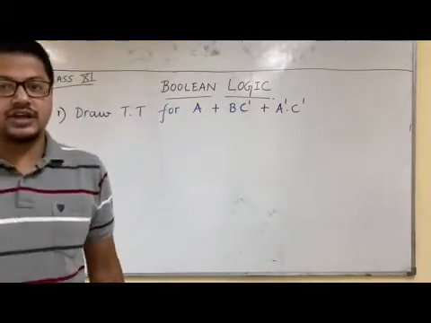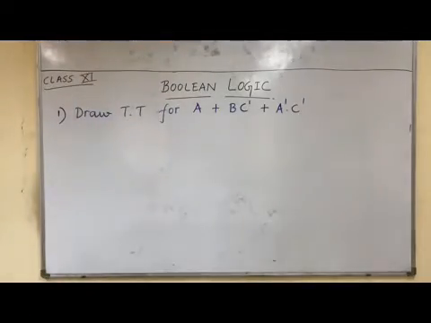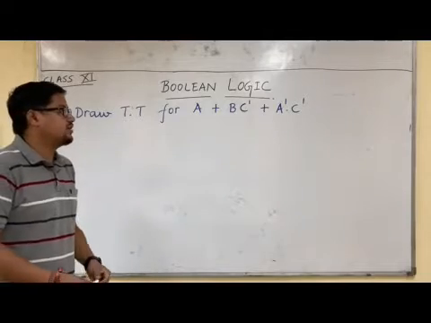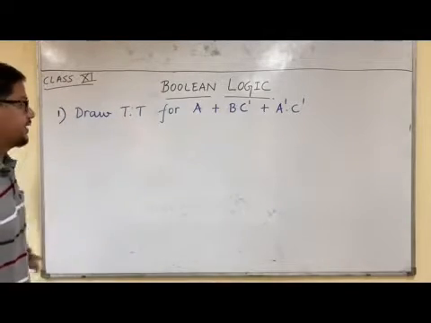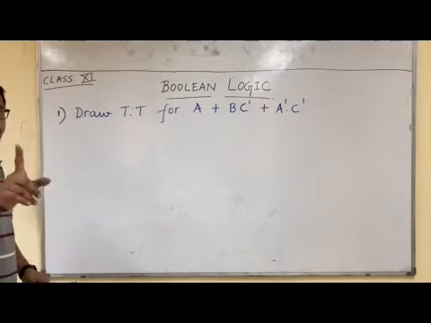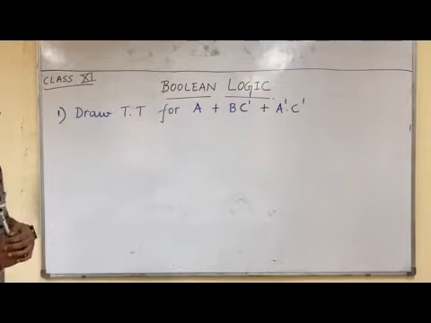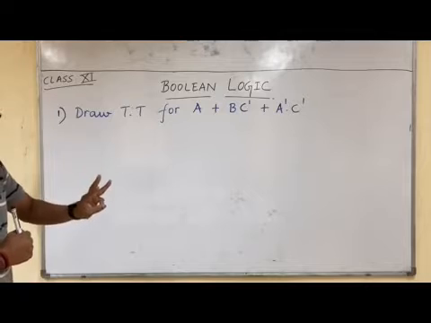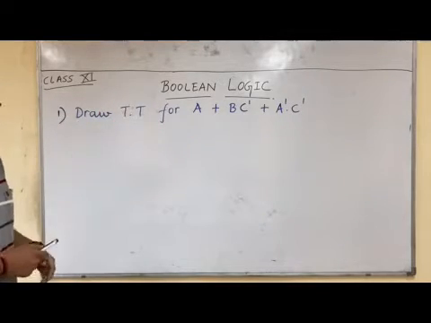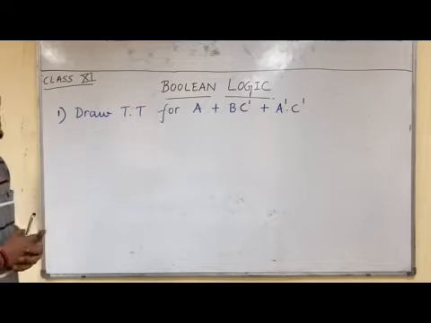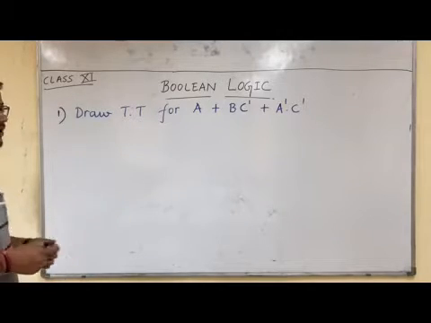You have to pay attention carefully because, mark my words students, truth table is very easy. It is very easy to understand and very easy to solve, you just need to follow certain basic patterns. First of all, pay attention to what I am doing. How many variables are there in the question? 3. What are they? A, B and C. Then we will see which variable requires a complement.